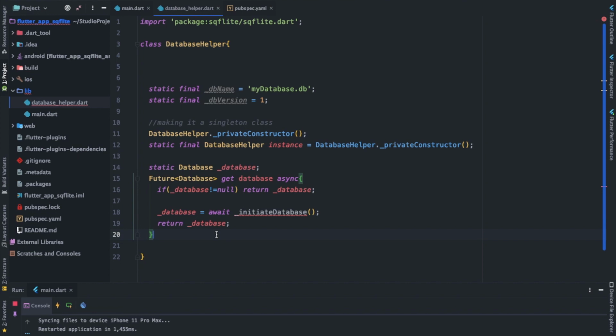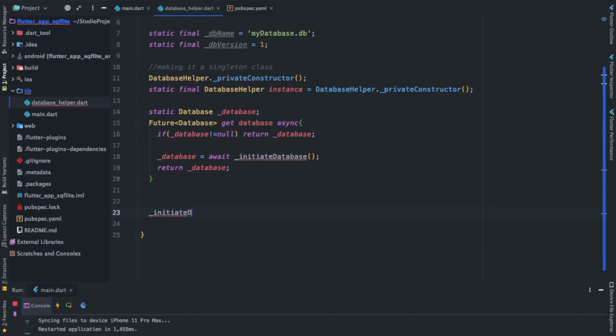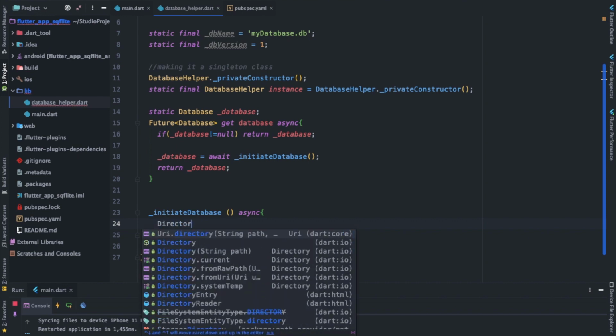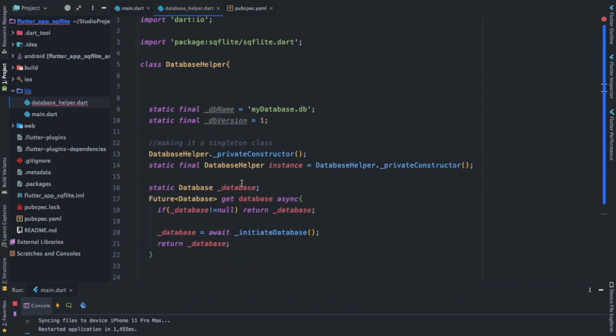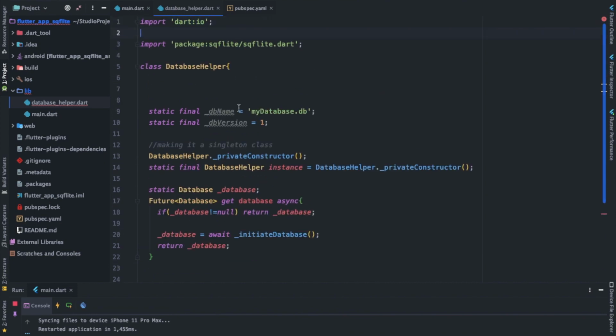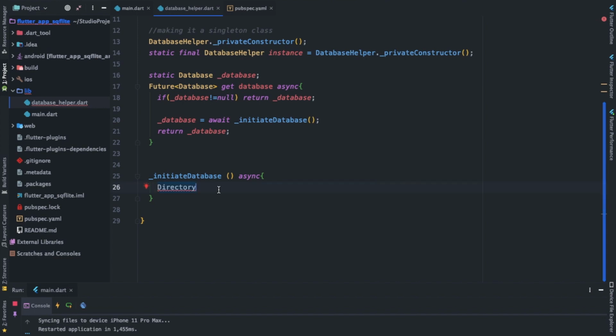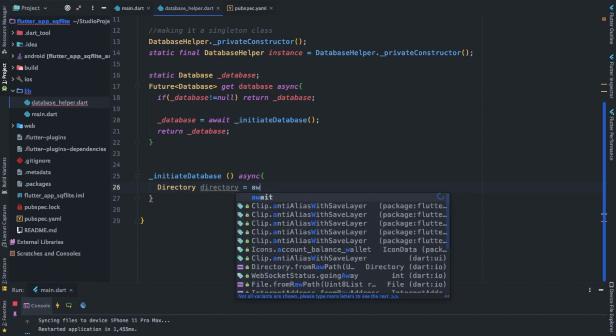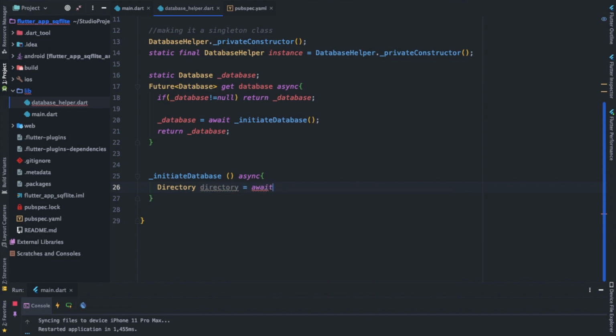Now we have to create this function. I'll write initiate database, assign, and there you go, the error is gone, but we need to write some logic inside this, right? So how do we do it? We'll write Directory. Now once I write Directory, you can see that this dot io file is getting imported. So for input and output we use this library, and directory equals await get application